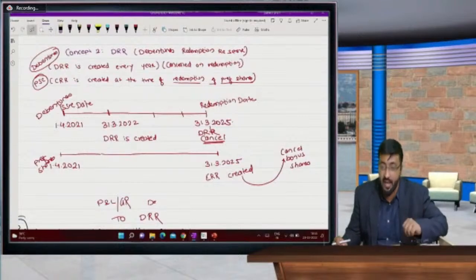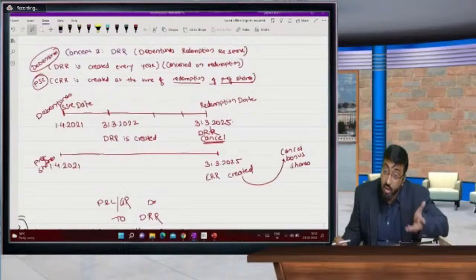आफ्टर दैट मैंने आपको डीआरआर कॉन्सेप्ट सिखाया. डीआरआर और सीआरआर के बीच में मैंने आपको डिफरेंस बताया. डीआरआर एवरी ईयर क्रिएट होता है. कितना क्रिएट होता है, तो 10%, वो भी अनलिस्टेड कंपनीज को, जितनी डिबेंचर्स की वैल्यू है. सो 1 लाख यदि डिबेंचर्स की वैल्यू होगी तो उसका 10% डीआरआर क्रिएट होगा. तो डीआरआर क्रिएट होते टाइम पीएनएल का बैलेंस कम होगा और डीआरआर का बैलेंस बढ़ेगा. और डीआरआर तब खत्म होता है जब रिडम्पशन कंप्लीट होता है. तब आप डीआरआर को जनरल रिजर्व में ट्रांसफर करो.